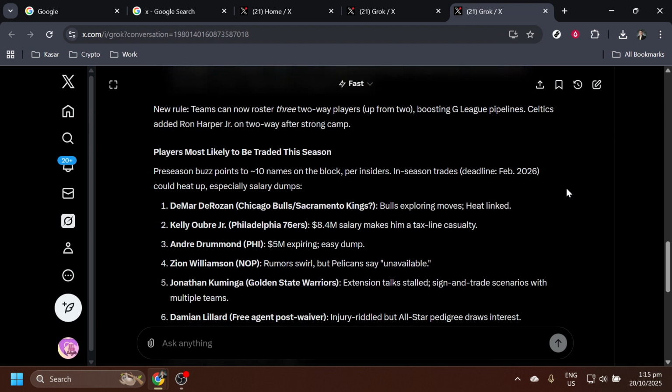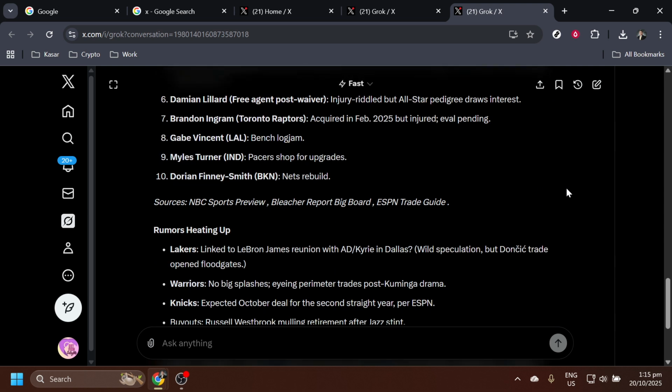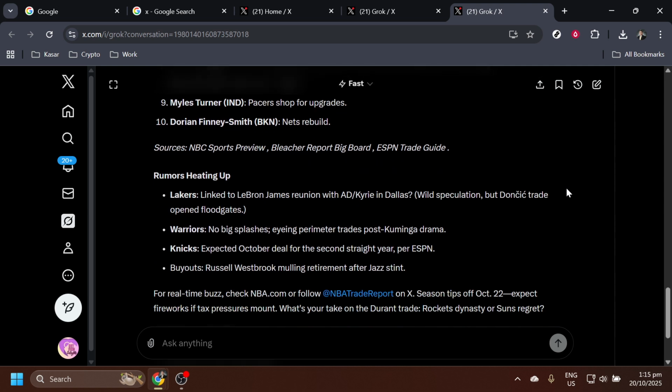utilize the AI's capabilities. With these instructions, you're now ready to explore and use Grok AI on the X app